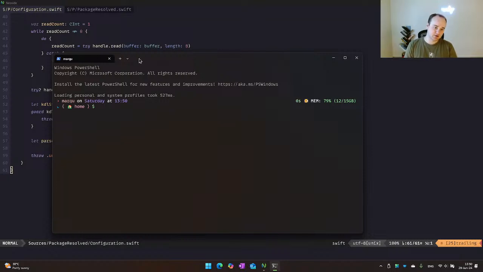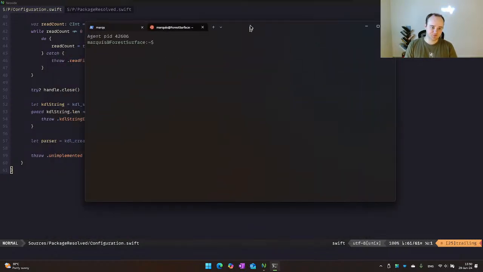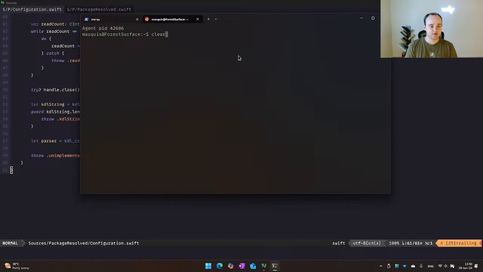CD, no, I need to be at the WSL one. Okay, great. Oh, agent PID. Oh, hold up. Maybe SSH keys are... Ah, so the SSH keys are set. Okay, I just never changed the remote on this side. Very strange.